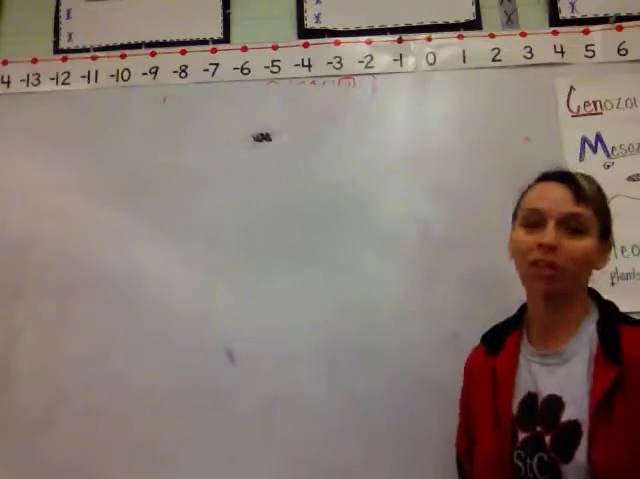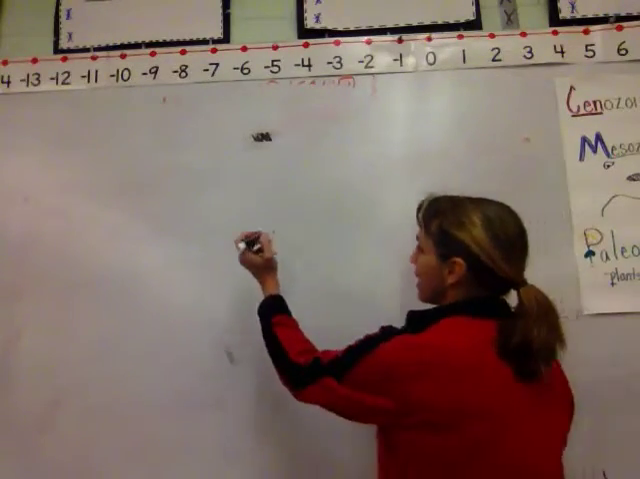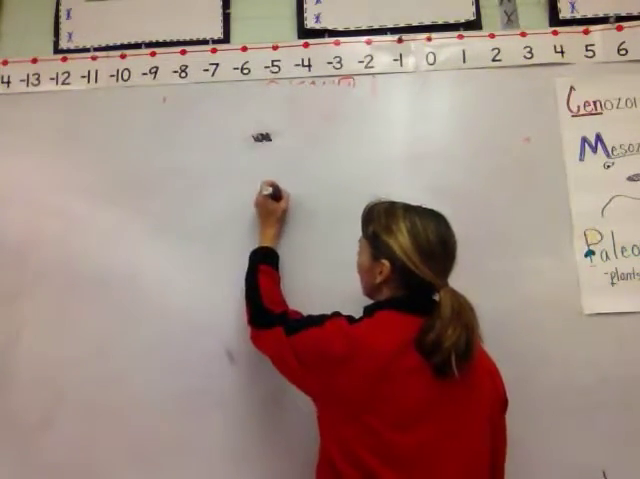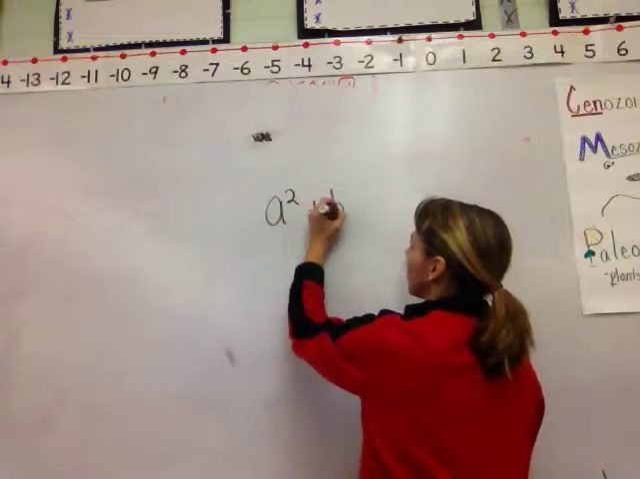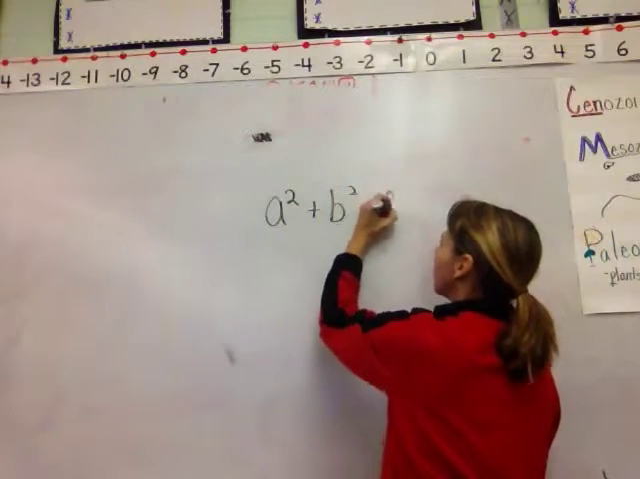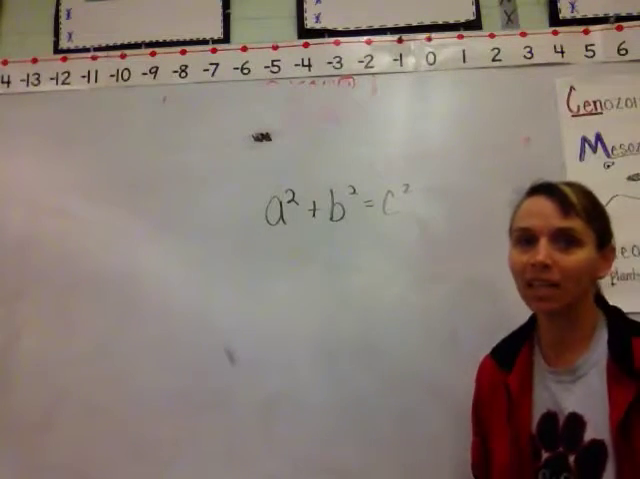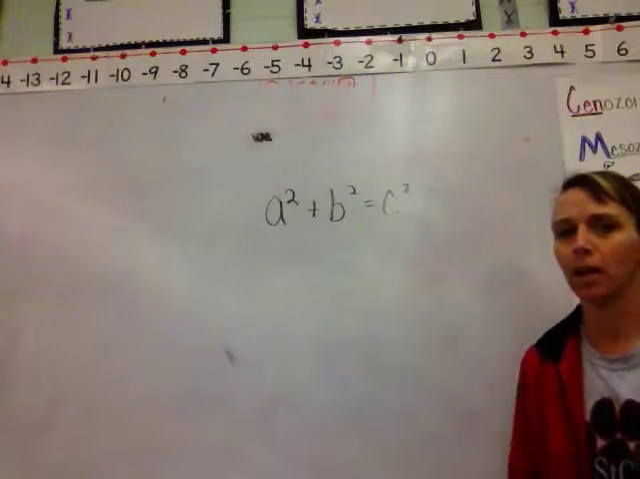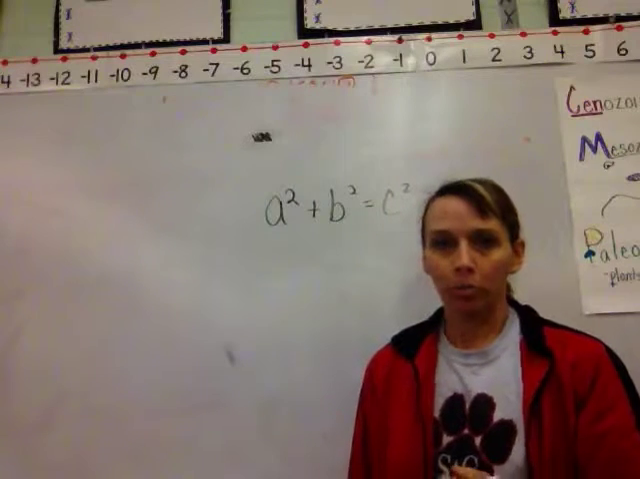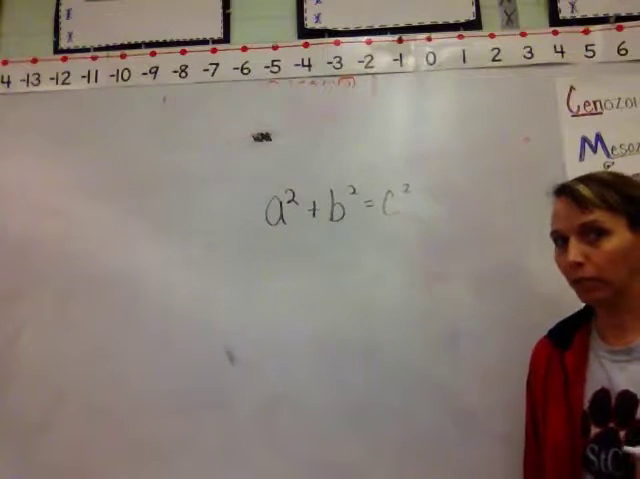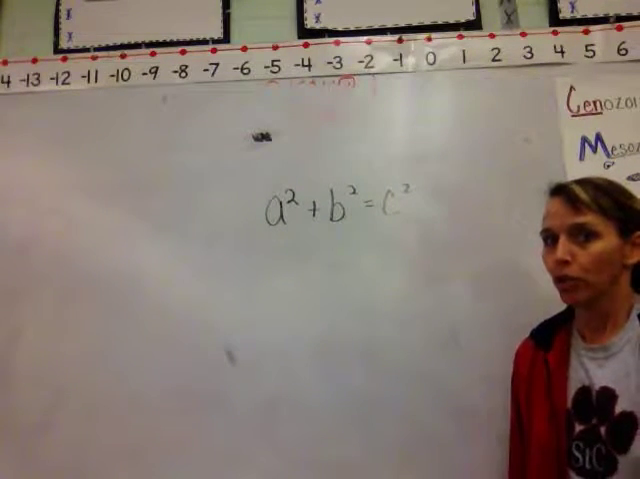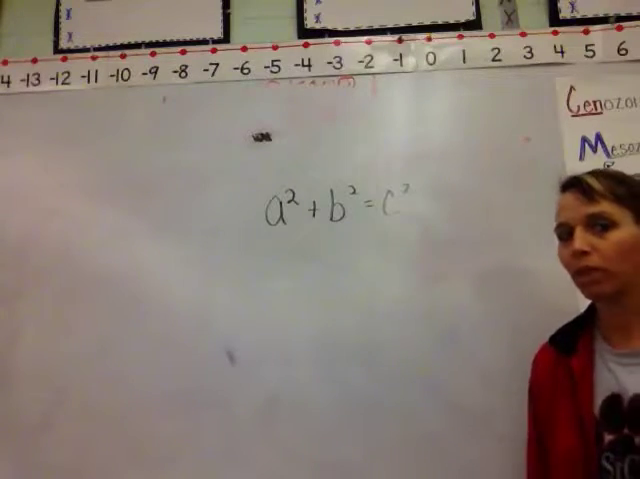As you know, the formula for the Pythagorean Theorem is a squared plus b squared equals c squared. Okay, and we've worked on that formula many times in class. It's also up on the bulletin board. When you're dealing with the Pythagorean Theorem, you are trying to figure out one of the sides of